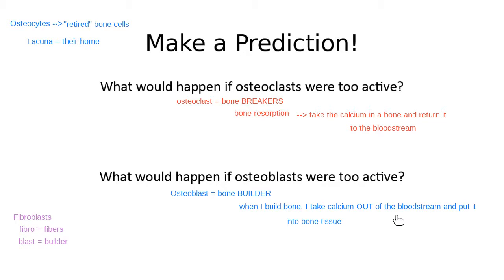When we're talking about our hormones that we're going to look at on the next slide, think about the effects that they end up having on cells. It's all about calcium levels. So we have a normal level of calcium in the bloodstream. That's something our body maintains at homeostasis. If it gets too high or too low, I don't like it. Just like with your body temperature, if you get too hot or too cold, I don't like it.